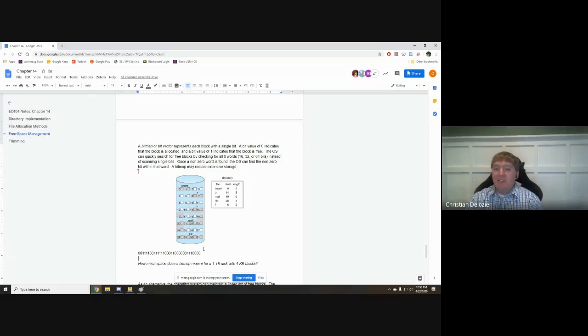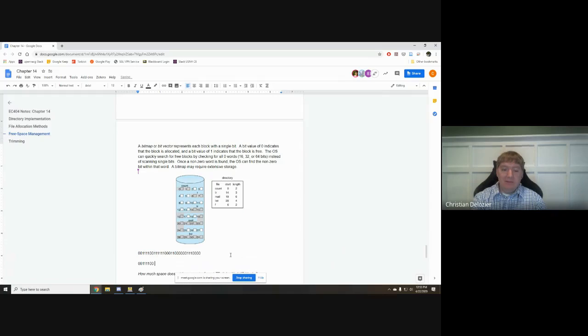The common optimization on this is that each bit is going to represent some block. We could go through and individually check each of these bits to see if they are zeros, meaning allocated, or a 1, meaning we have free space. What the system is actually going to do is group these at least into bytes, if not into larger structures. So we can take this first byte here and say,